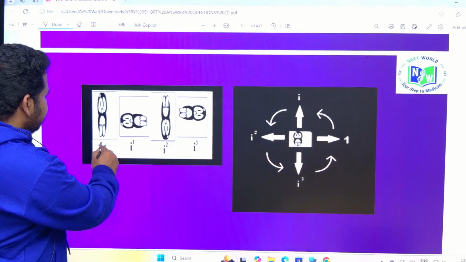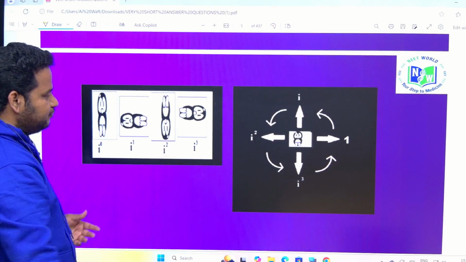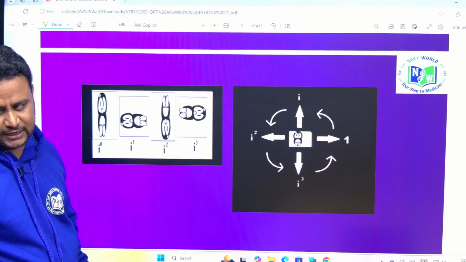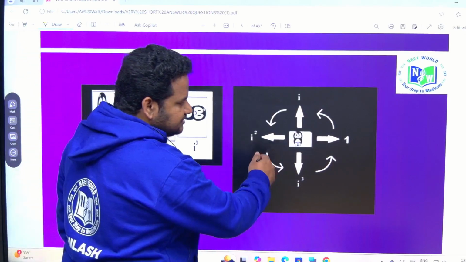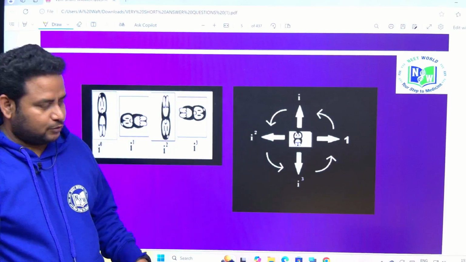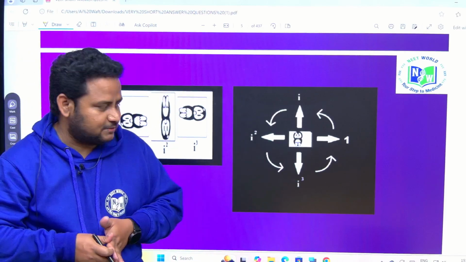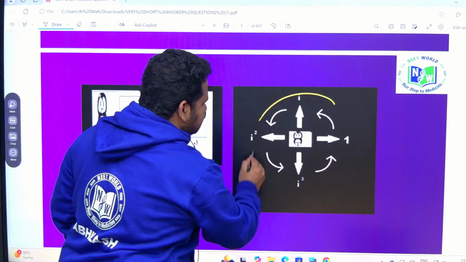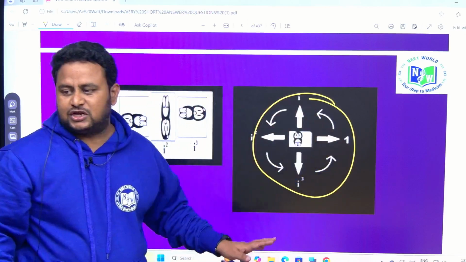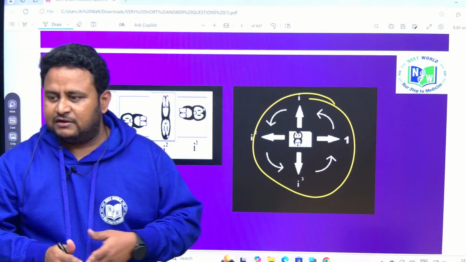See here, I0, I1, I2, I3. What do you mean by I? That is iota. See how this iota came into being. I will tell you when I tell you about the genesis of complex numbers. See here, this is what I was telling, the rotational motion. To indicate that rotational motion,